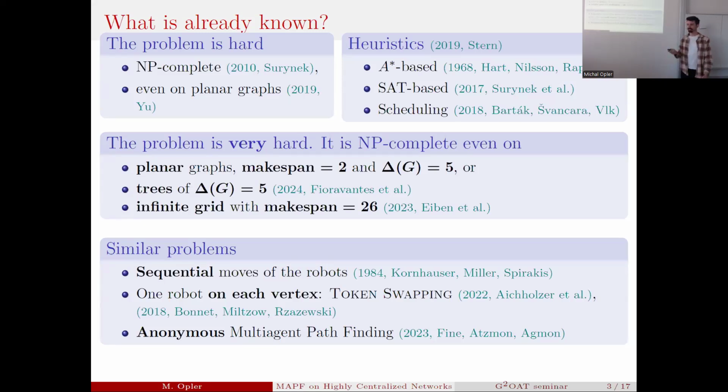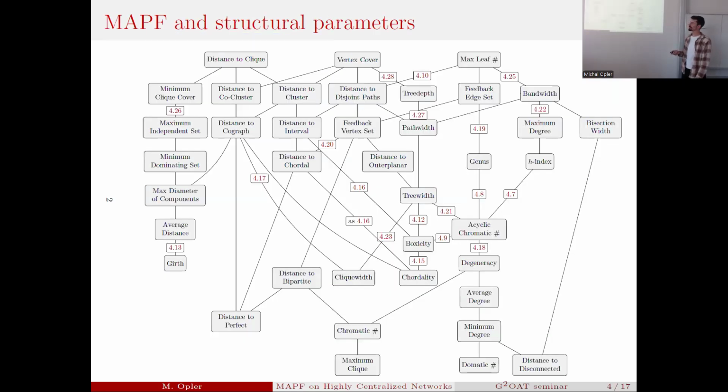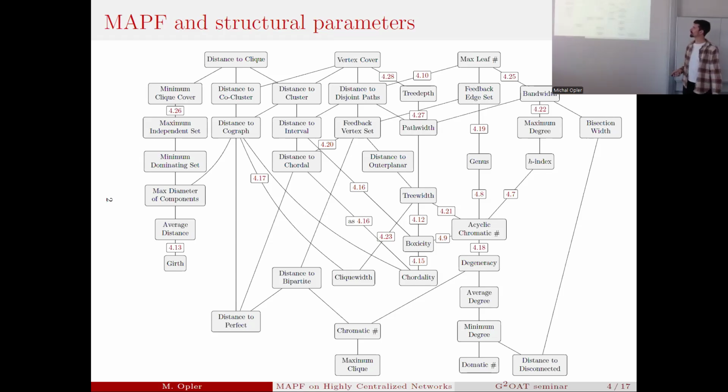So in this community, people are interested in parameters. What the previous results say is that, with respect to most structural parameters alone, the problem was already shown to be hard. So our search was, well, can we do at least something? So we focused on the most restrictive parameters that there are, or that still make sense,